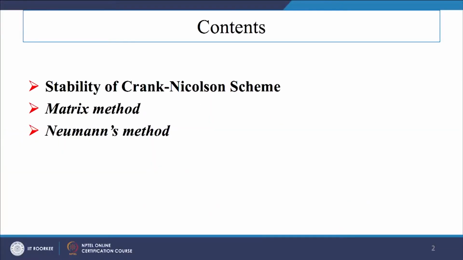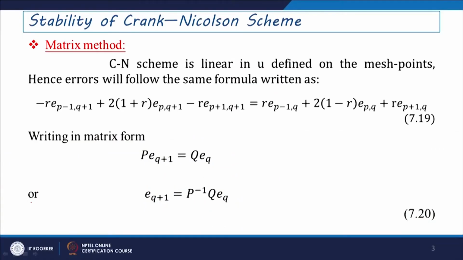Welcome to the lecture series on numerical methods, a finite difference approach. In the last lecture, we discussed explicit and implicit schemes and their stability and convergence. In the present lecture, we will discuss the stability of the Crank-Nicolson scheme with both methods, the matrix method and Neumann's method. Whenever we go for the Crank-Nicolson scheme, especially if you consider